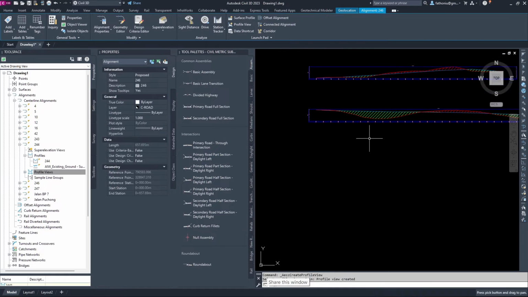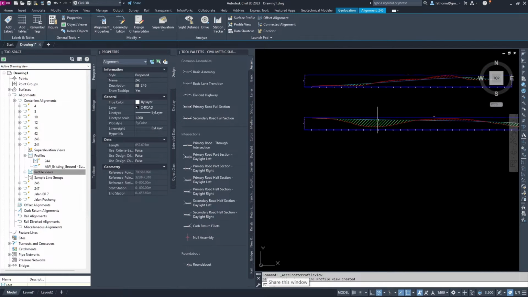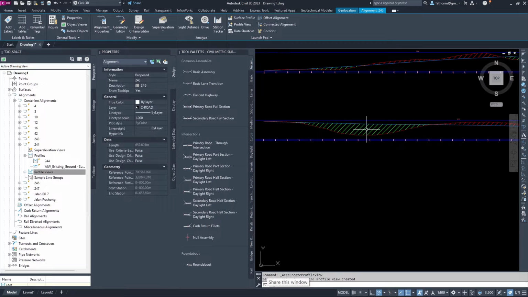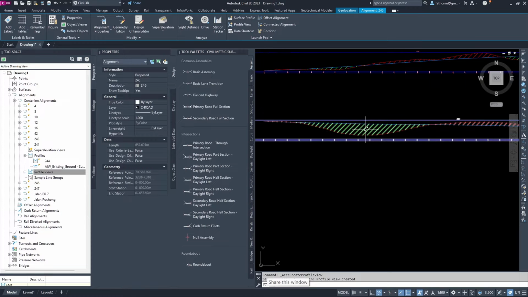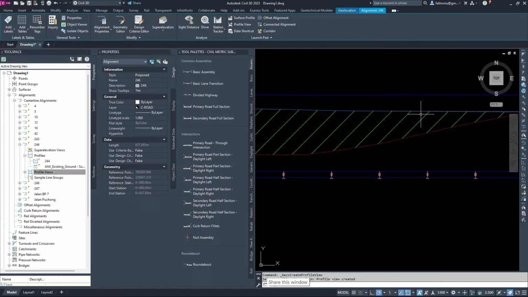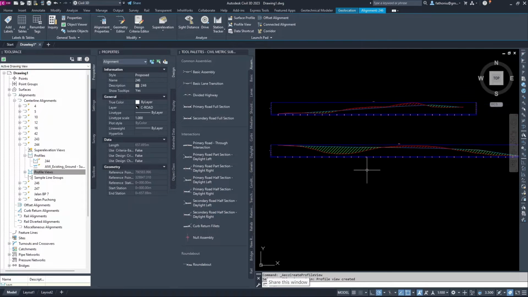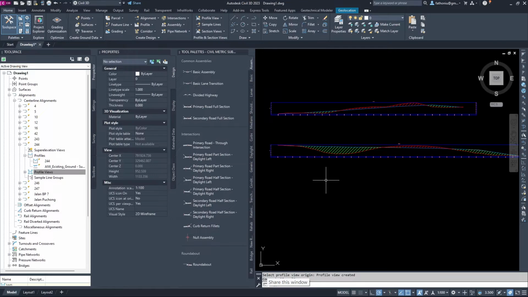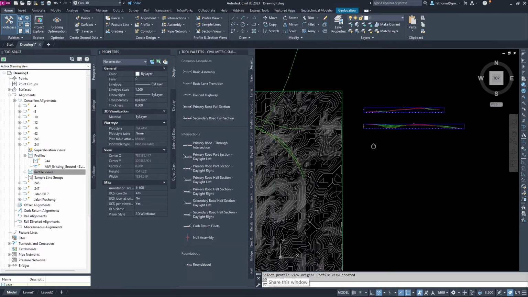Okay, like that. So we have cut and fill, although this area should be for what we call it, bridge. So okay, then escape to end this one.